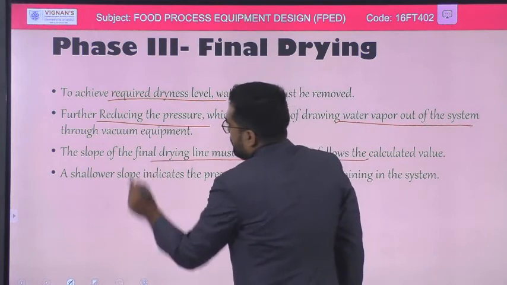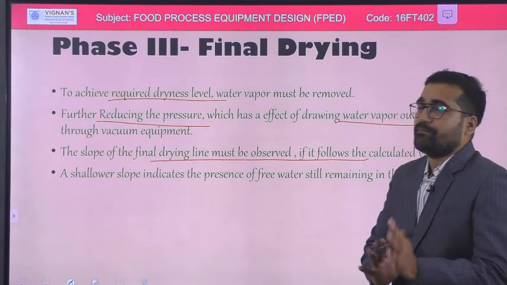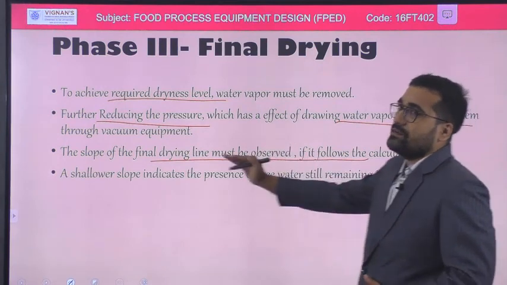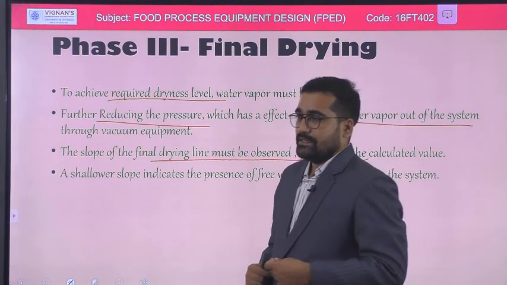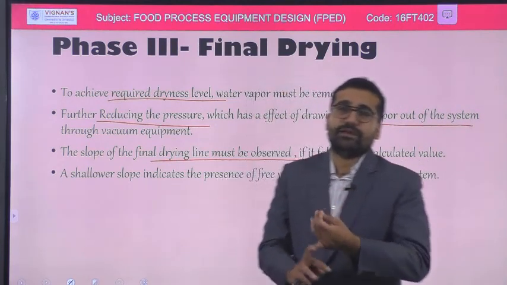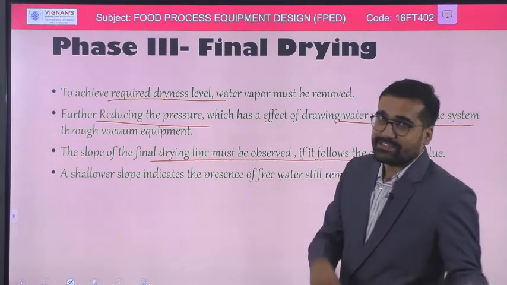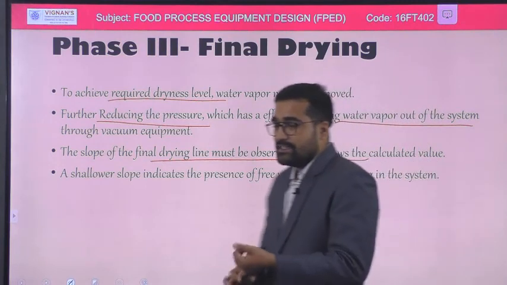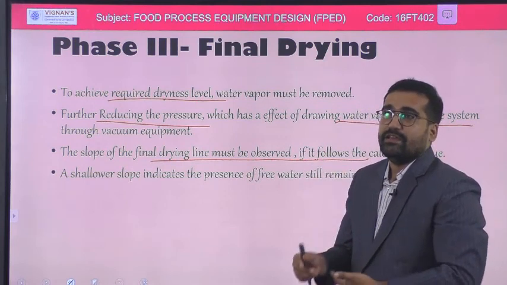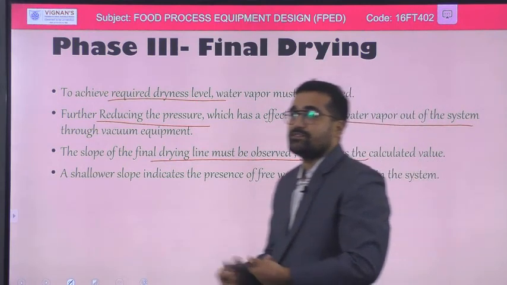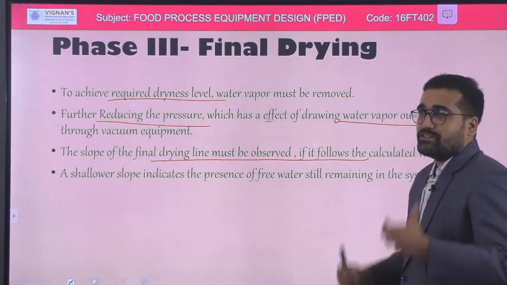But how to find out that this happens theoretically? That will help us to make the moisture curve, which you have already seen in previous classes. What do you mean by moisture curve? What do you mean by drying curve? With the help of the drying curve, we can identify which type of drying is occurring. Constant rate of drying generally happens in the free water. Then a decreasing rate of drying occurs in the bound water. These things we can identify with the slope.